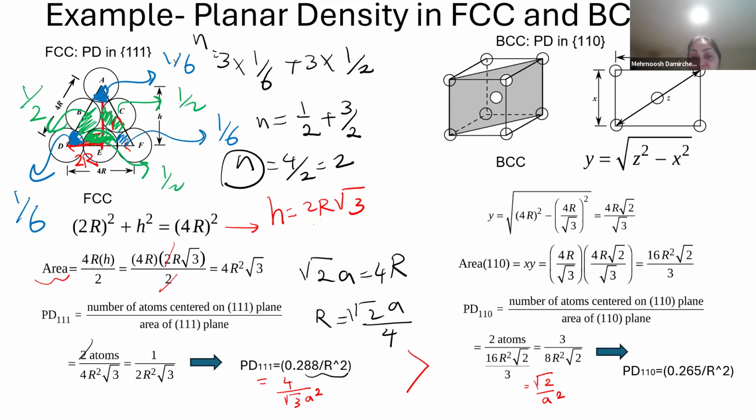Okay. Now BCC and the most close packed plane, that is 1, 1, 0. You see the plane here. It rotates, that should be in this form. So in this triangle, we are looking at Y. X is the lattice dimension, A. Z squared, if you remember from the BCC, Z is